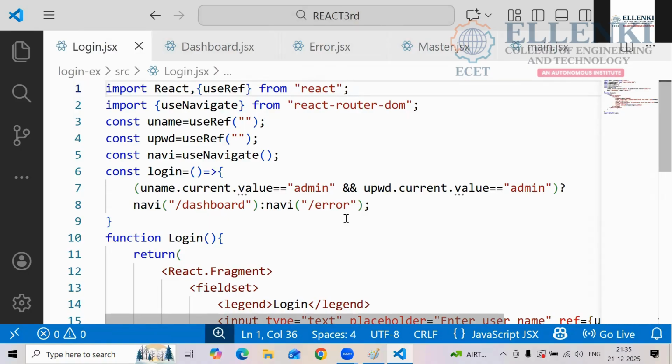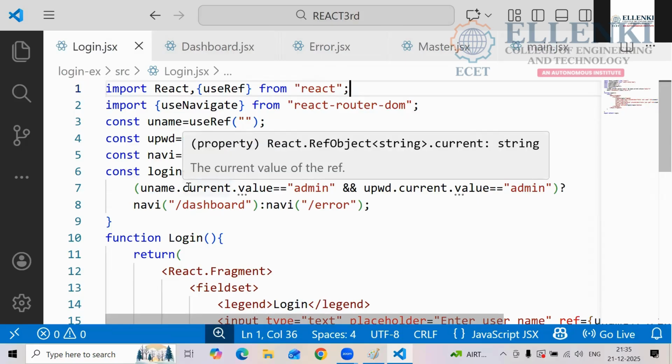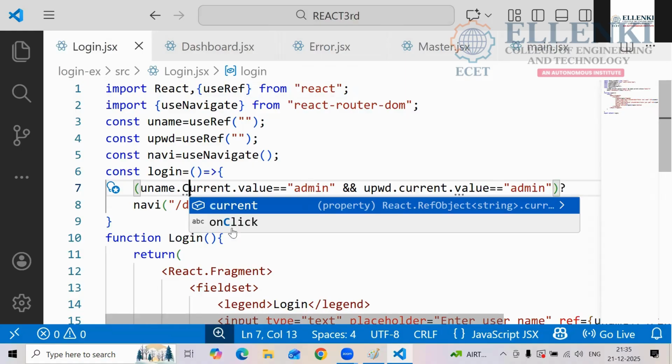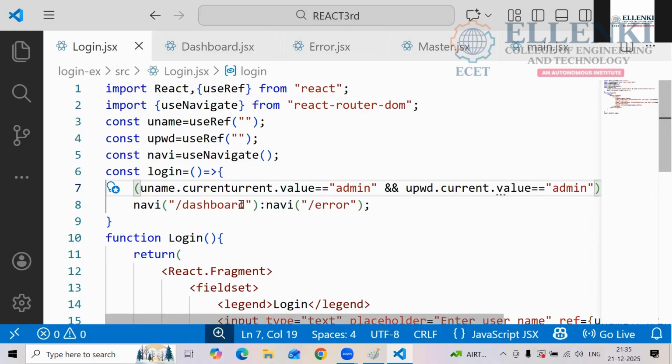Why three dots? Why is it coming? If it is coming like that, is there any problem? C should be the capital. Huh? That only it is showing, no, current.